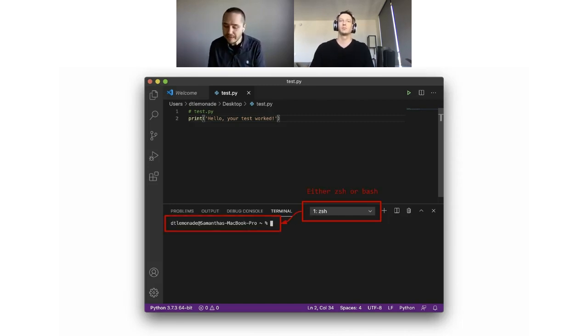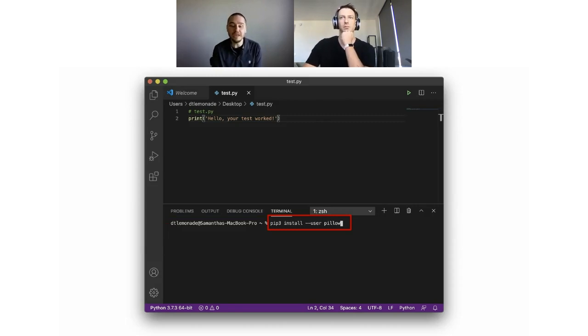The first thing you need to do is where this says Python, go ahead and click and choose either ZSH or Bash. If you're on a newer Mac on Catalina, odds are it's ZSH. If you're on something older, such as Mojave, then it's probably Bash. Once you go ahead and click that, it's going to go ahead and give you a new terminal prompt. At this point, we're going to type in one line. That's it. pip3 install --user pillow. And all this is going to do is